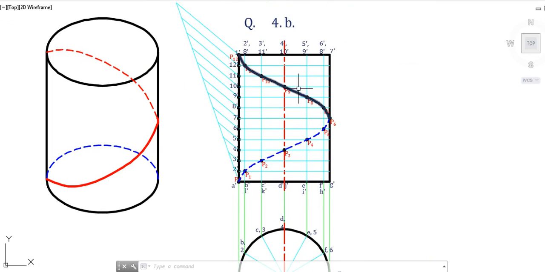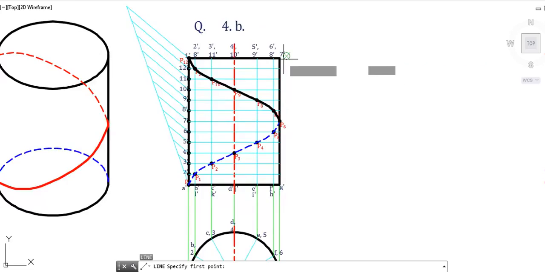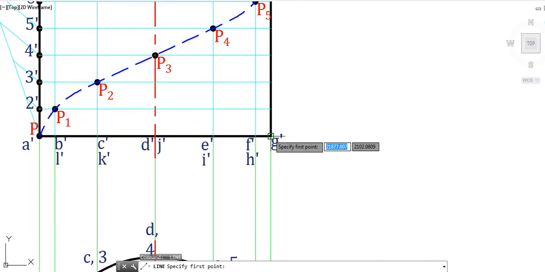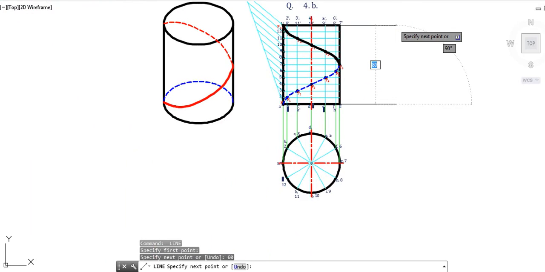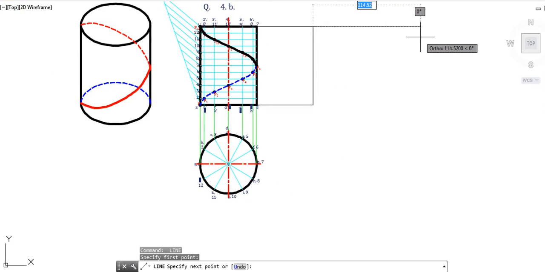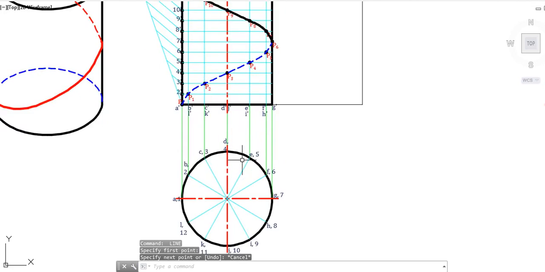So we have to show another aspect of this helix, and for that we have to take the projection of this particular path at a certain distance. Let us say 60. It's a random distance I am taking from here also, so 60, and up to the height same. Then I'll take a length equal to the circumference of this particular circle. So as we calculate, we'll be able to see the circumference.